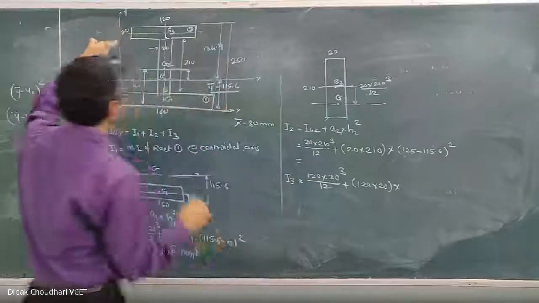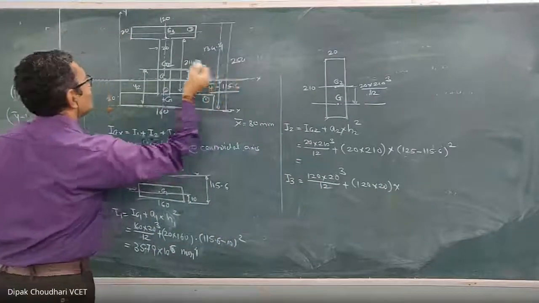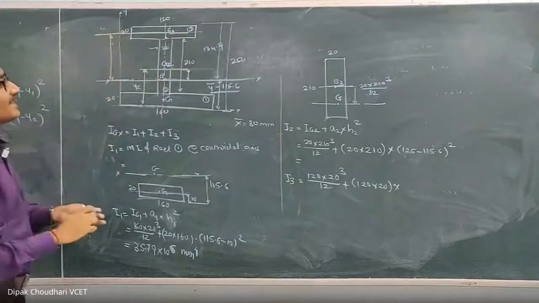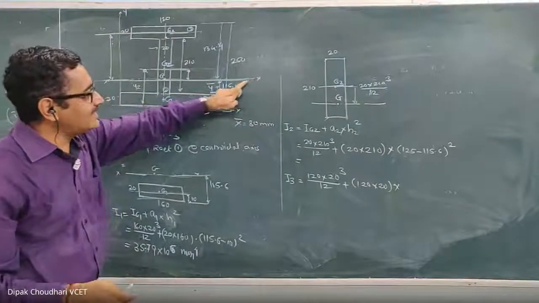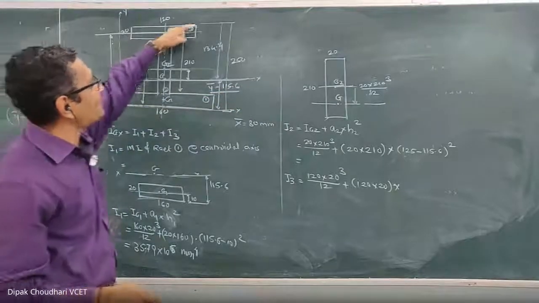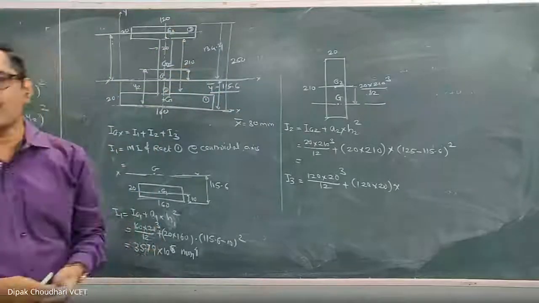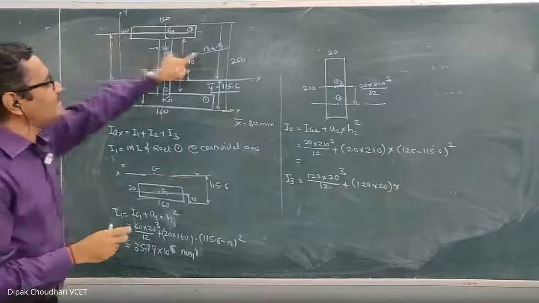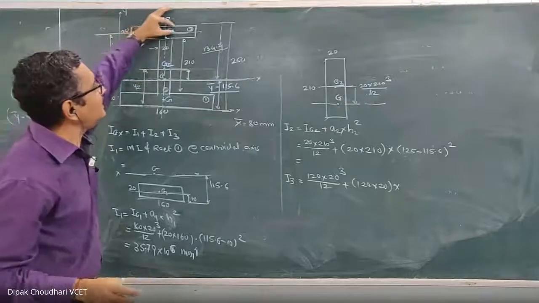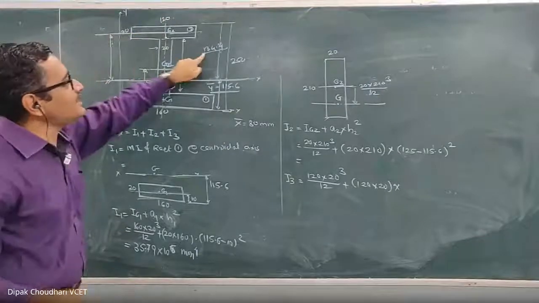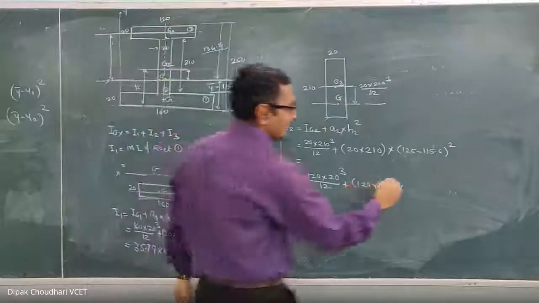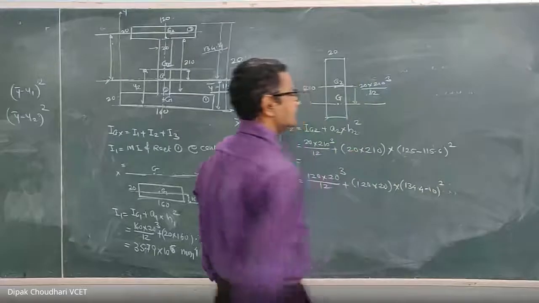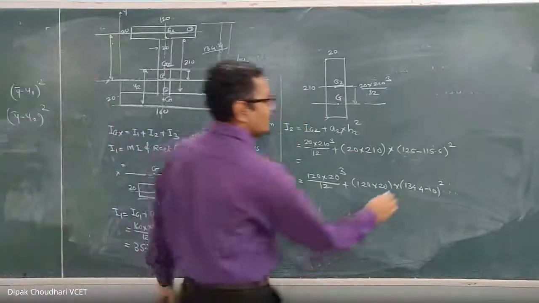these two parallel axes. ये centroidal axis और ये centroidal axis, इन दोनों के बीच का distance. How much is this distance? I have calculated the distance of the centroidal axis of the entire lamina from the top surface. It is 134.4. By using this 134.4, I can get this distance. It is 134.4 minus 10. This is 10. So this distance will be 134.4 minus 10, whole square. This way you can get the I3.